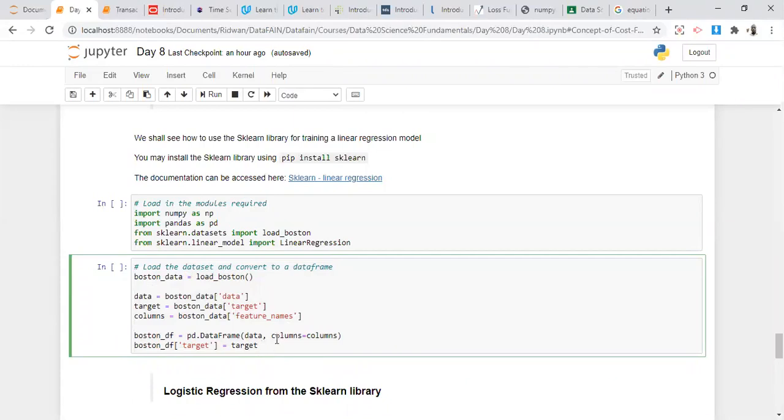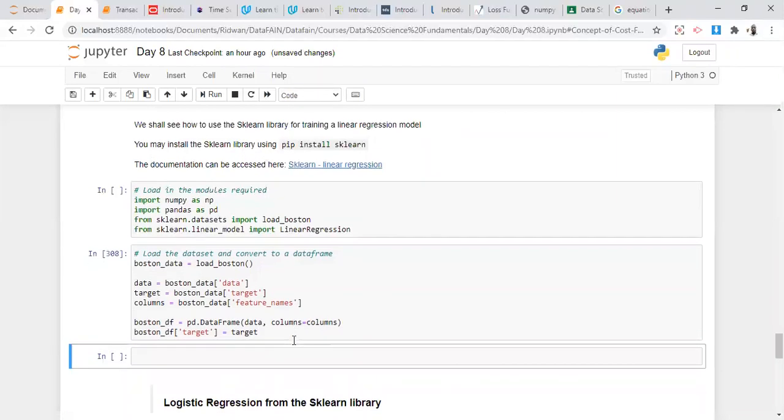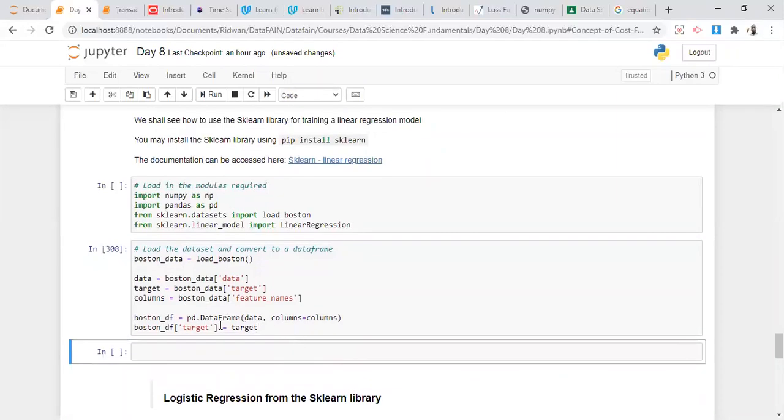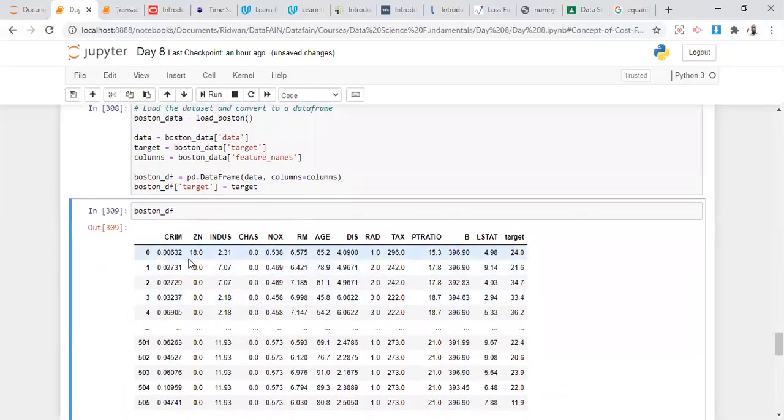Just don't pay too much attention here. This is basically reading the data that we're using for this prediction, for this model that we're trying to build. So we're building it together. I haven't done it. What I did here is just load the data. So let me say boston_df so we can see what it looks like. This is what the boston_df looks like. This boston_df is a data of